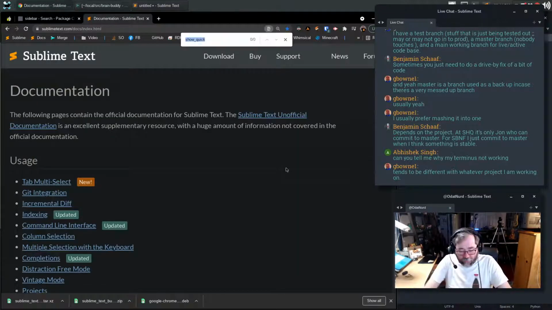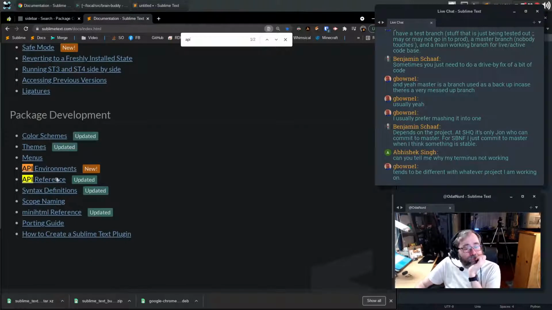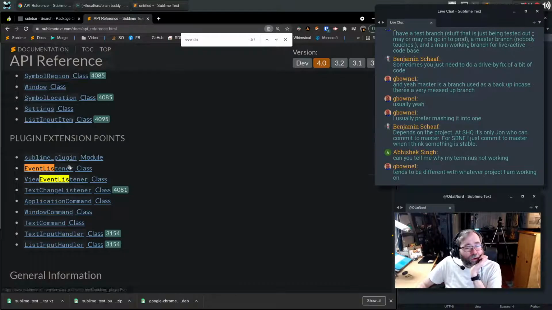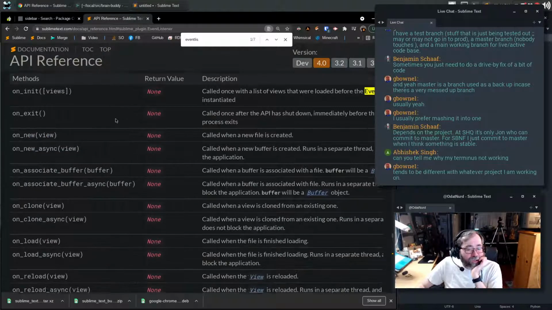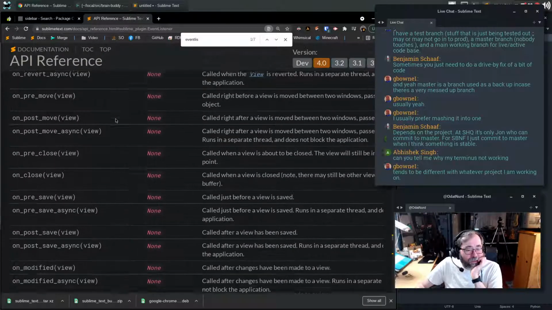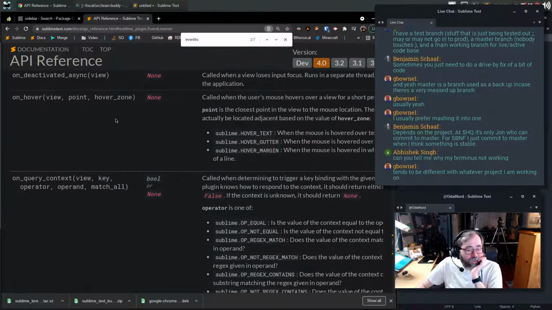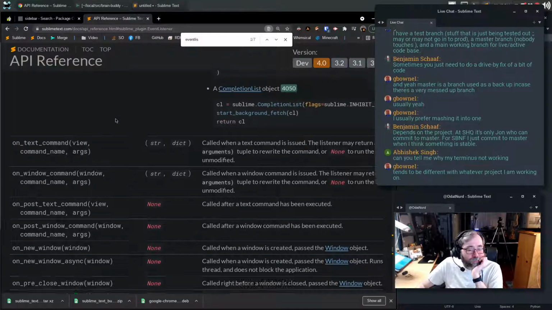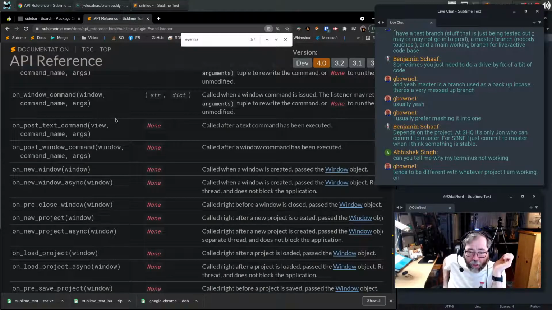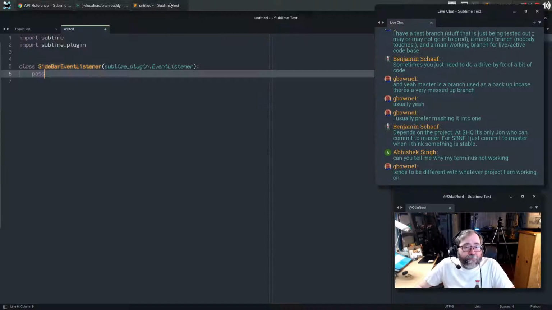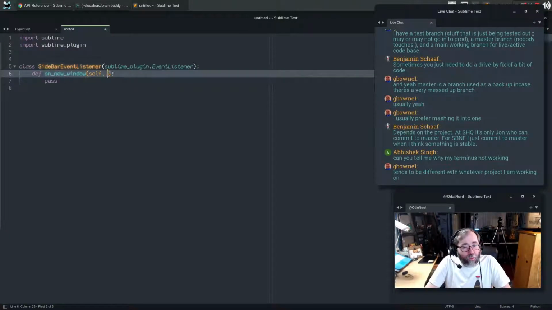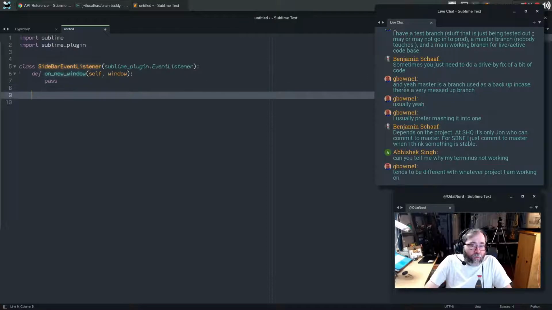But what we will do is check out, I'm pretty sure there is an on new window. Could have just searched for it, but you know. Called when a window is created. So here we go. On new window would be one thing.